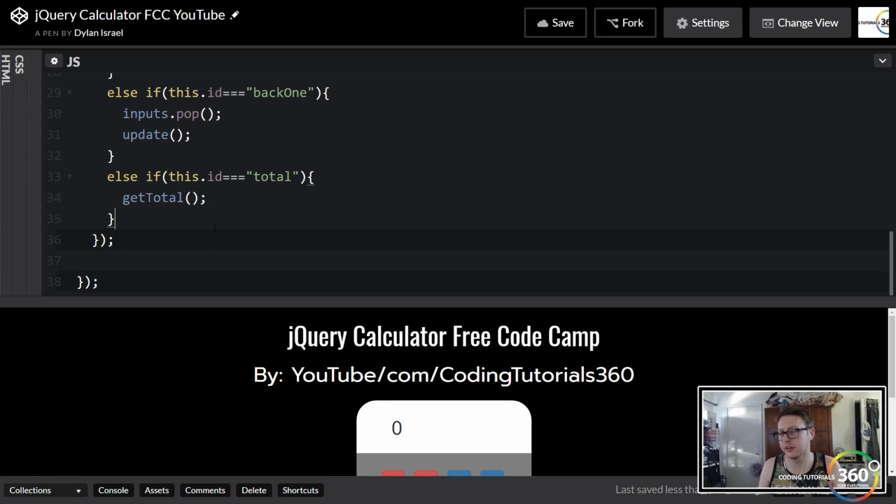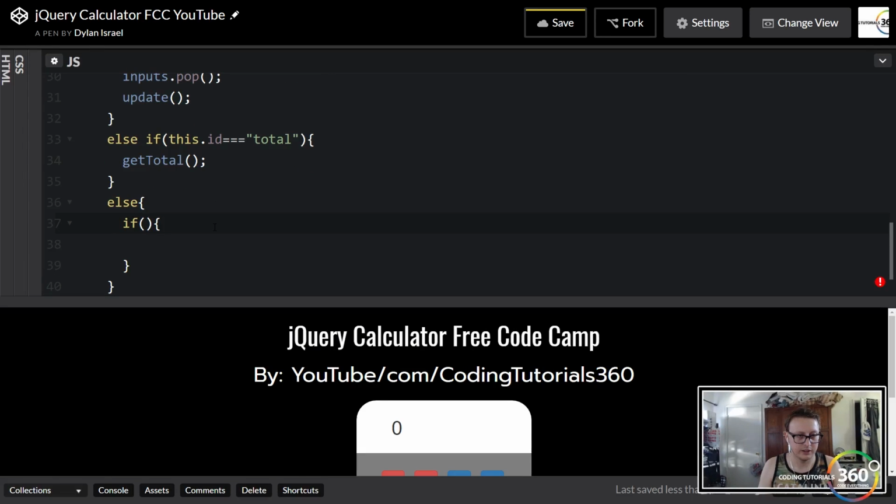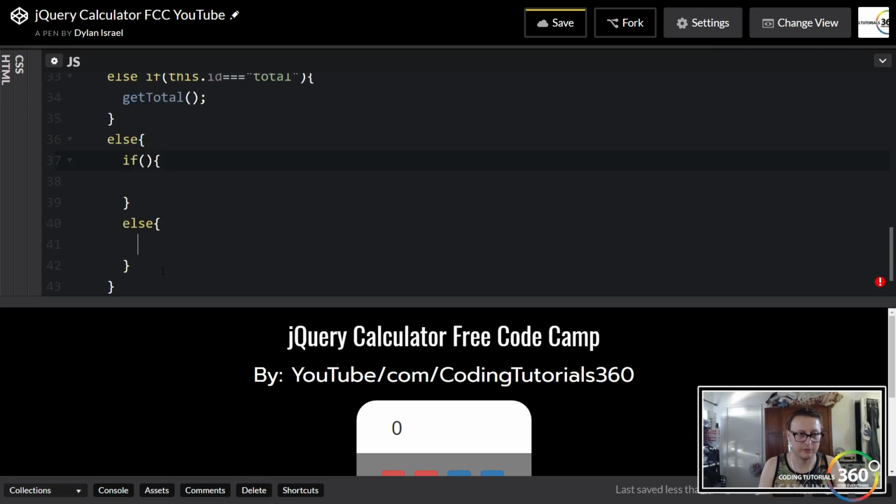The way that we can do the next step is we want to add the values, use our get value operator. So what we're going to do here is a simple else statement: if do this, else do one of these two things. If it's this, else do this. So if it is equal to, before I get into this, our if statement here, we want to check our inputs, the last input of our array. And we want to say, if our inputs.length minus 1, meaning the last input of our array